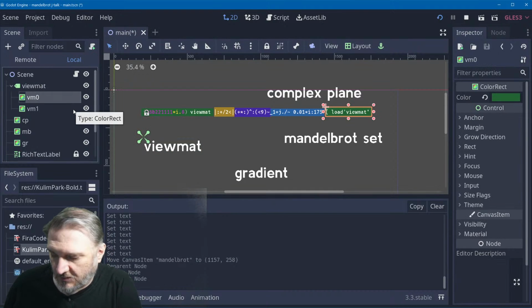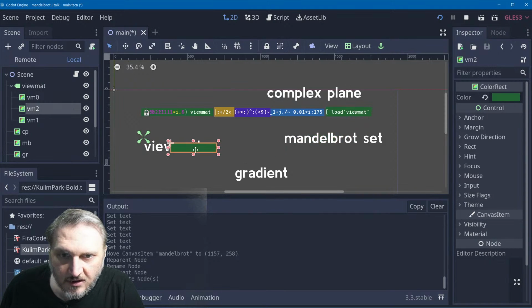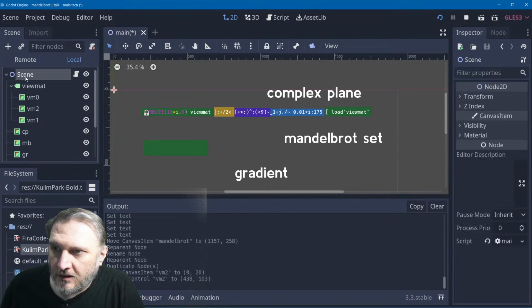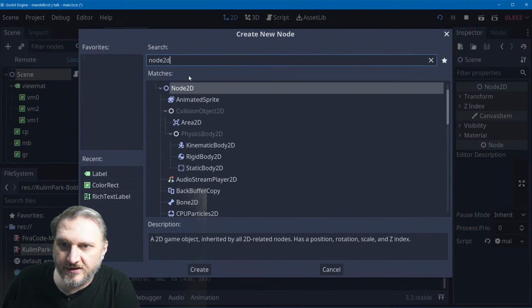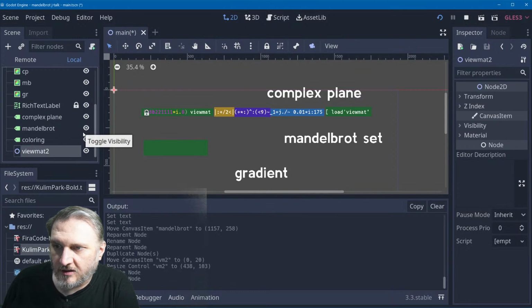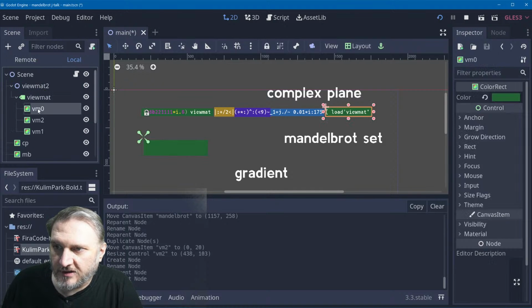And then I want to make another one of these that goes here so we can see the, okay. So in that case, we want a child node that is just a Node2D. We're going to call that ViewMat here. And this will be under here, and then these will all